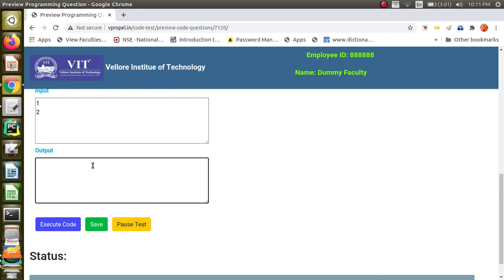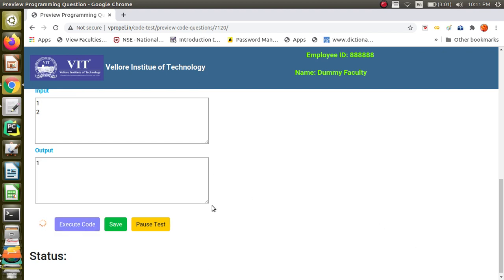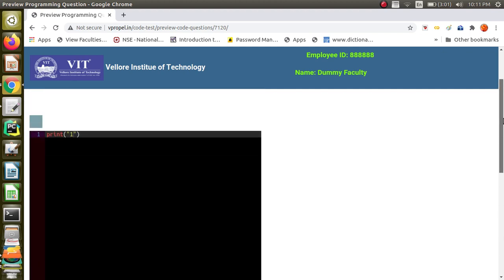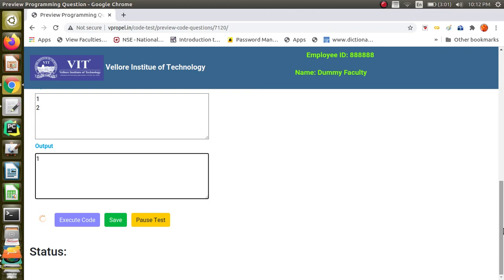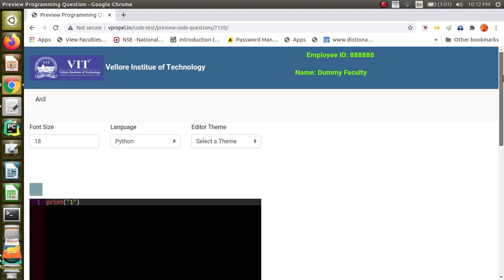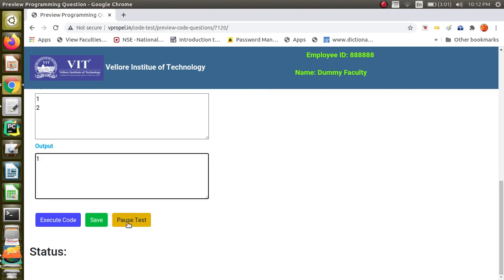He can give something like 1 to 1, and when he clicks the button, it will check whether the output given in this output box matches the output of the code. But this will not be the success of the code. Anyway, he has to pass the test cases loaded by the faculty. This is just to check. Sometimes when they are solving bigger problems, they want to check whether intermediate results are correct or not. In that case, they can use these options very well. So you have to just inform the students that this is one way of checking their code with their own input and output.